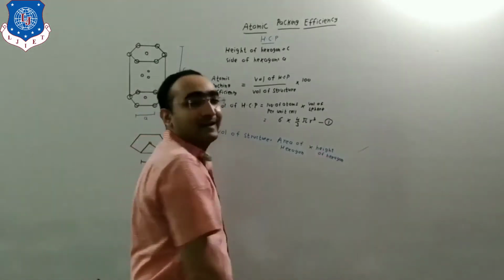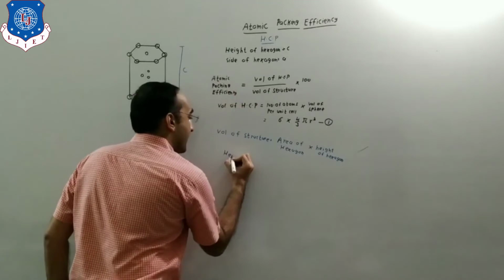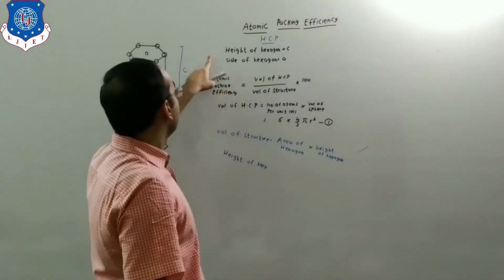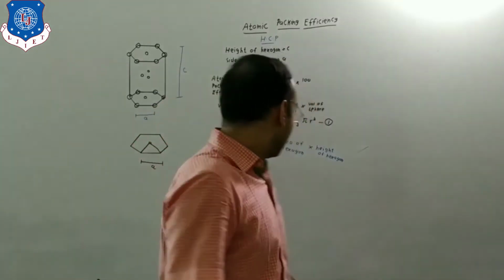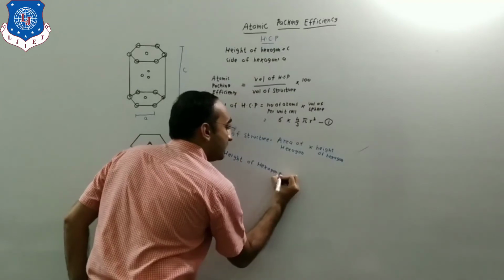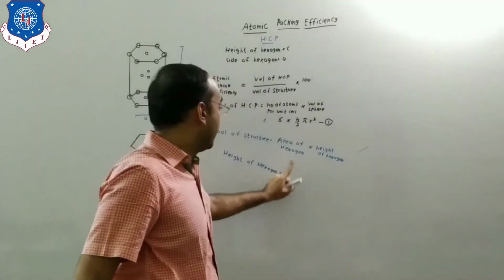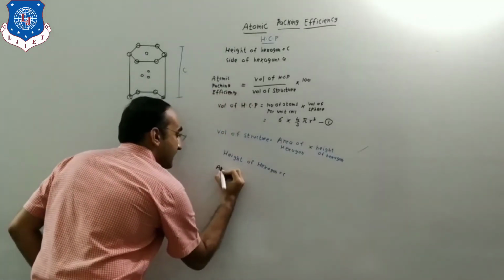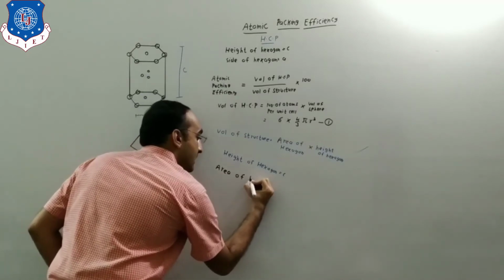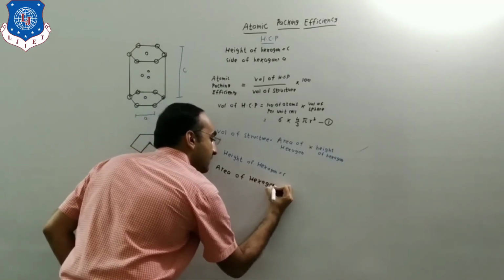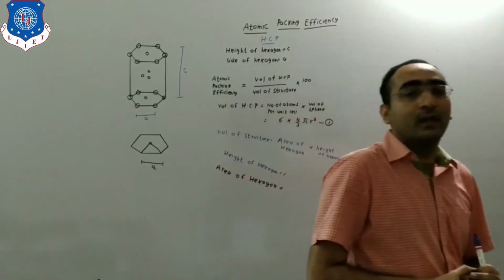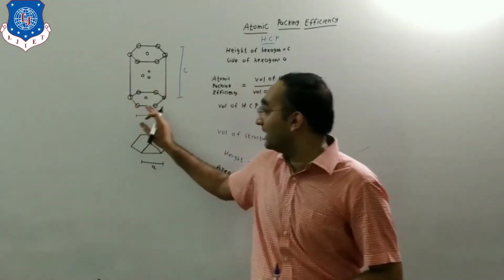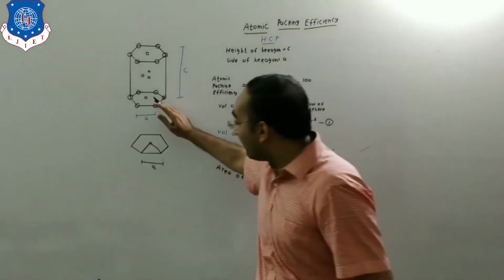Now here height of hexagon we are having. That is your height of the hexagon will be C. So one thing we are already having, but we are not having the area of a hexagon. So what we will be finding out? That is next one, that is area of hexagon. Now how we can find it out, the area of the hexagon structure? So if we want to find it out, how is it prepared? Area of hexagon we can find it out.